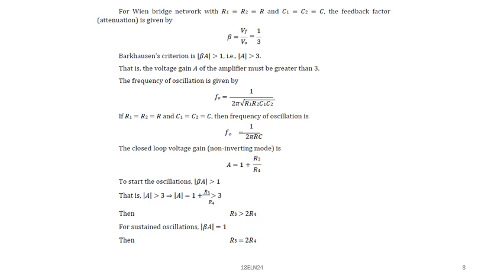Now the main application of the RC phase shift oscillator and Wien bridge oscillator is in audio frequency oscillators. If I want to generate a frequency in terms of kilohertz, like 1 kilohertz or 10 kilohertz, I will use either the RC phase shift oscillator or the Wien bridge oscillator. And as mentioned, the oscillator is one of the important electronic circuits used in a communication system to generate signals of different frequencies, like in kilohertz, megahertz and so on. So this is about oscillators.